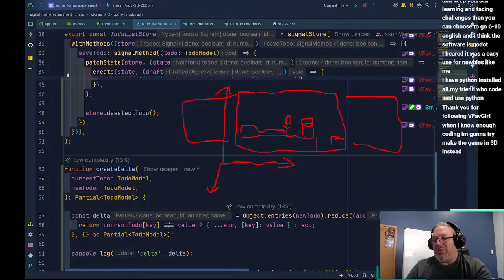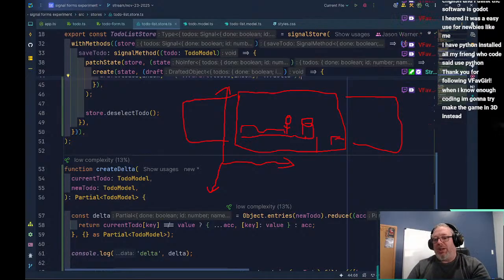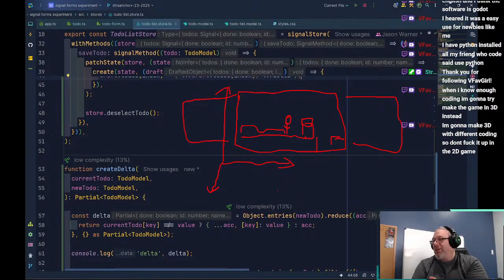But that's what changes. The reason it's good to learn on a 2D game versus a 3D game is not coding complexity. It's easier to reason in X and Y, because we do that most of the time.